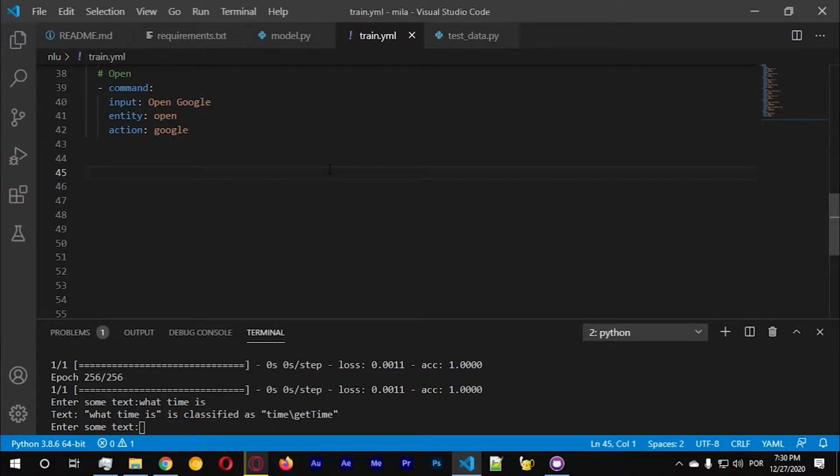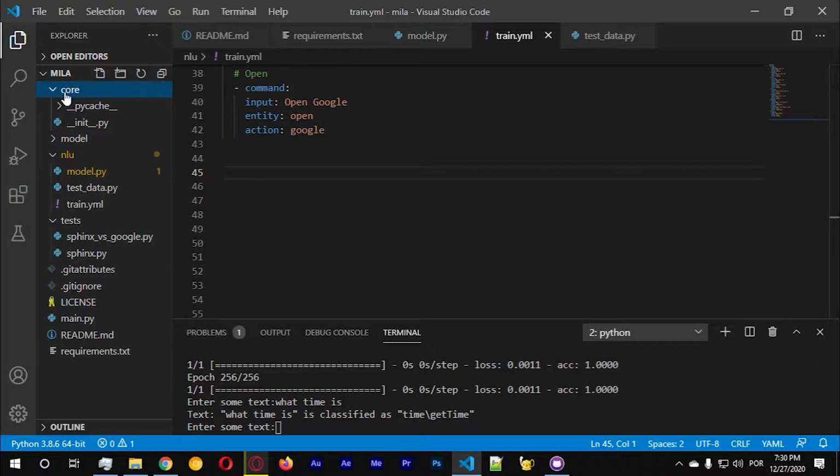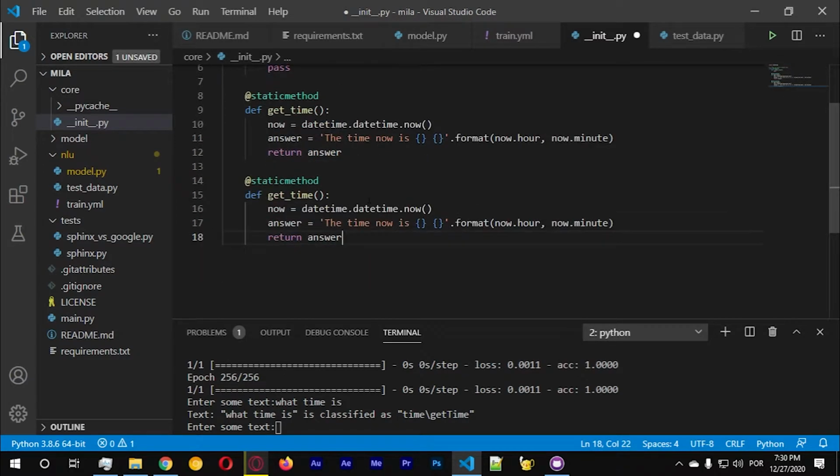and let's add some more functionality. Let's go to core init. Let's add some other methods. Let's go with the date. Okay, it's going to be pretty similar. The date is to convert